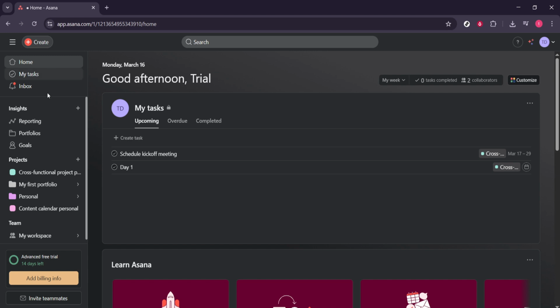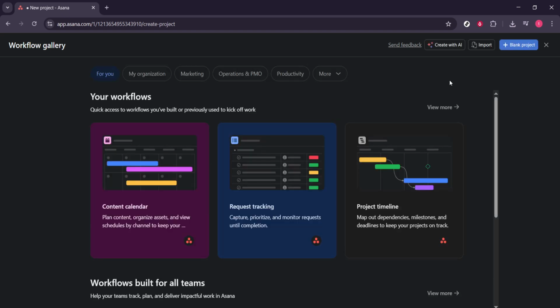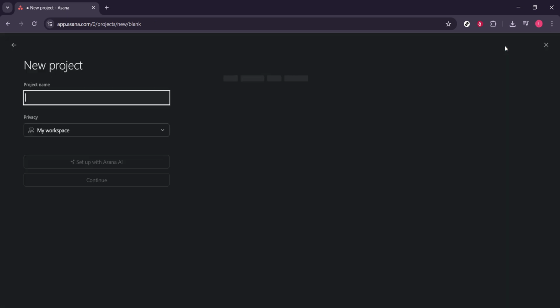Start by opening Asana and heading to your home screen. From here, look for the plus icon that lets you add new work. Click it and choose New Project. When the project creation window opens, select Blank Project. Templates are great for repeatable processes, but for a master timeline, a blank project keeps things clean and tailored to